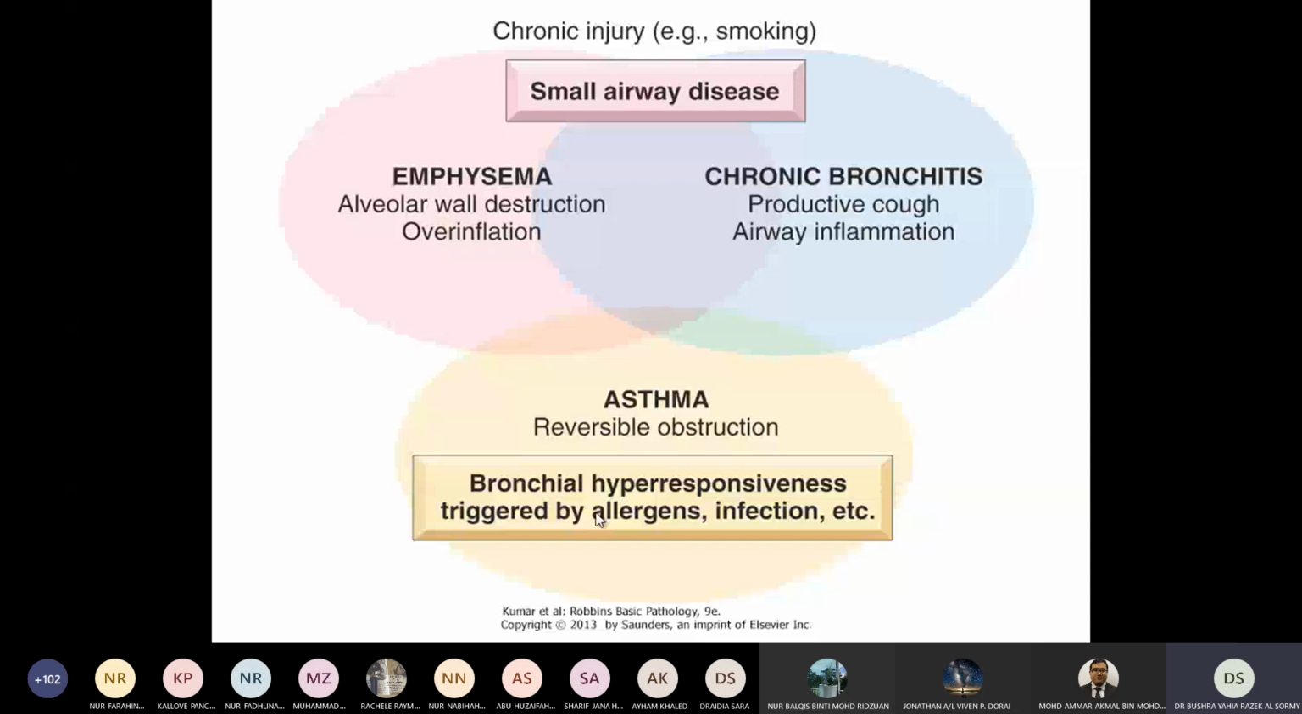So we said here, usually emphysema and chronic bronchitis are together. Emphysema is alveolar wall destruction, with productive cough here. Asthma is another category because it is reversible obstruction, due to bronchial hyper-responsiveness triggered by